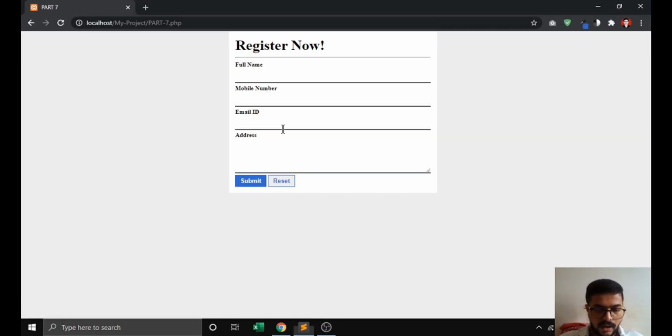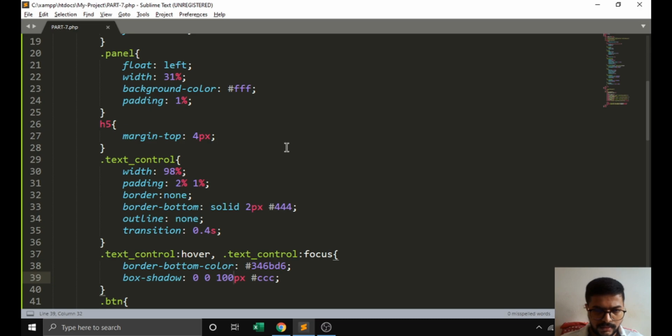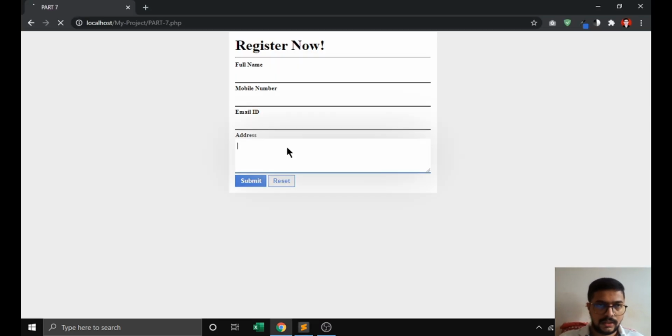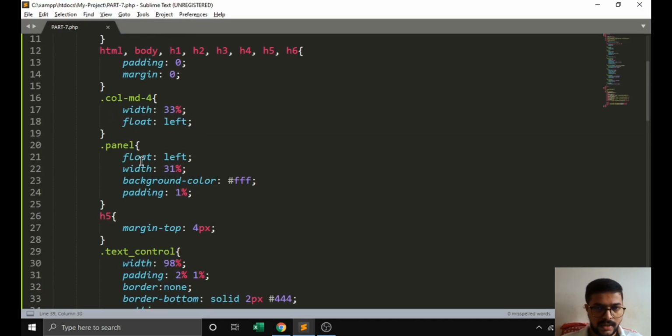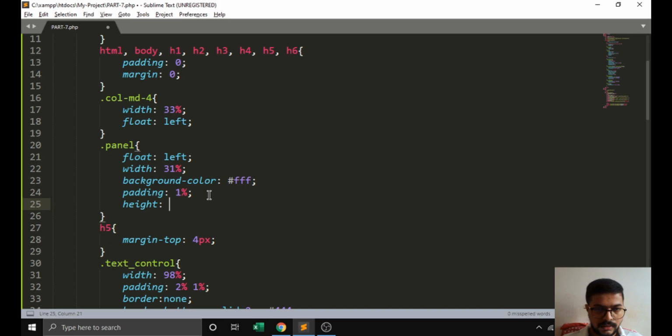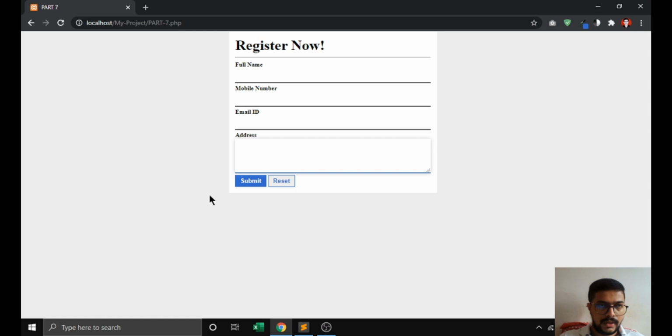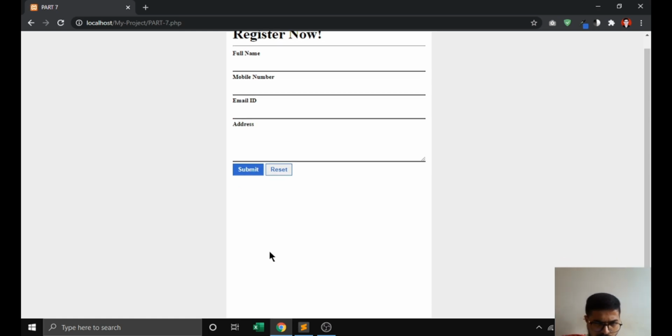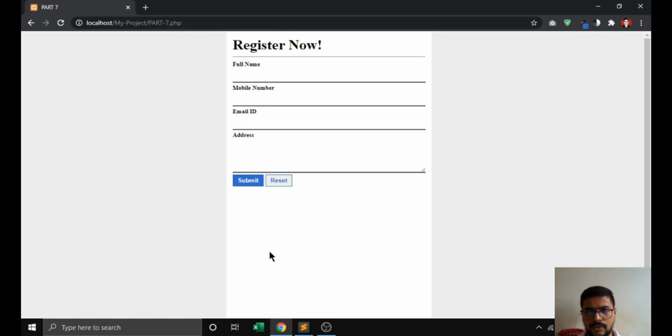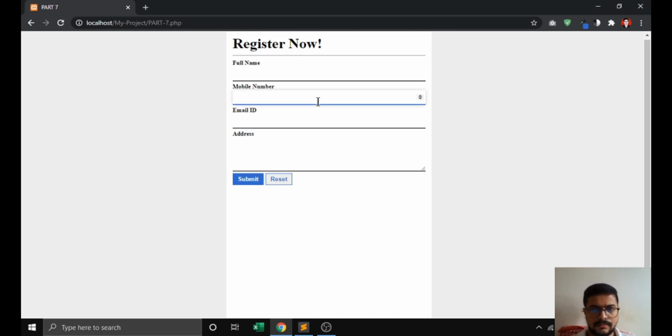This is how far our color will float. We can adjust it. If I decrease its value, then it will limit it to that much area only. We can create these things very easily. And finally, if we want this panel to float 100%, then we have to write 100 VH. We have to set the height 100 VH. The form will look full screen only. We can adjust it.